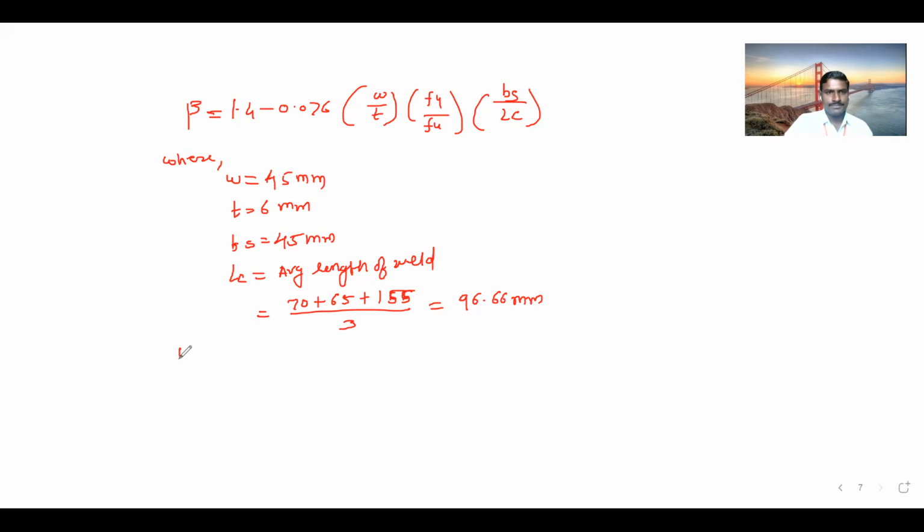Beta is equal to 1.4 minus 0.076 into 45 by 6 into 250 divided by 410 into BS, that is 45 divided by 96.6. So how much is this? 1.23. 1.23. Now it should be less than